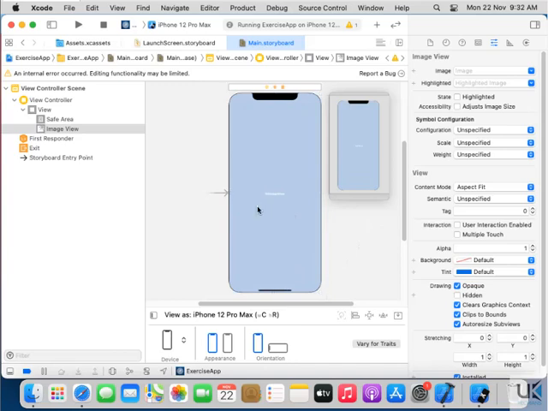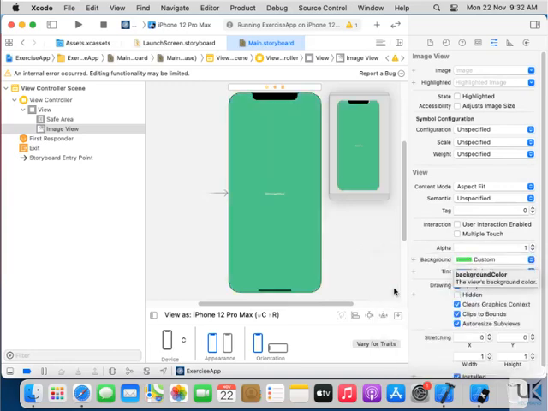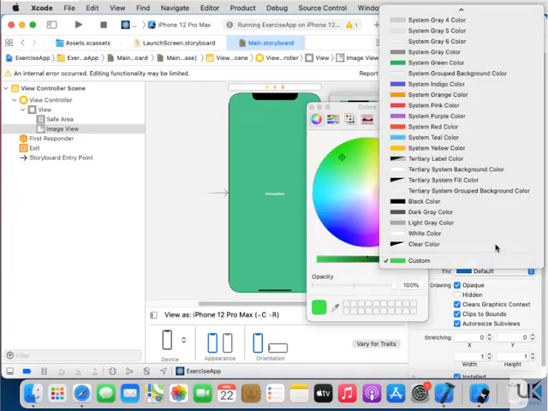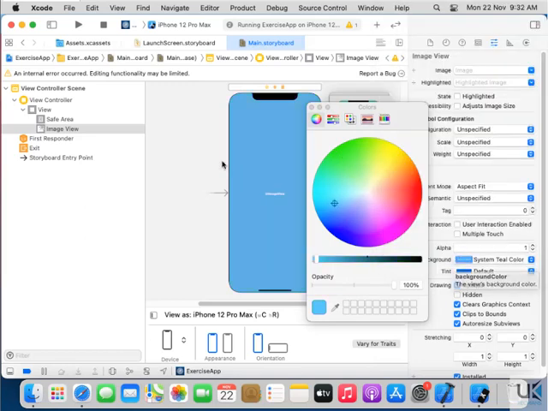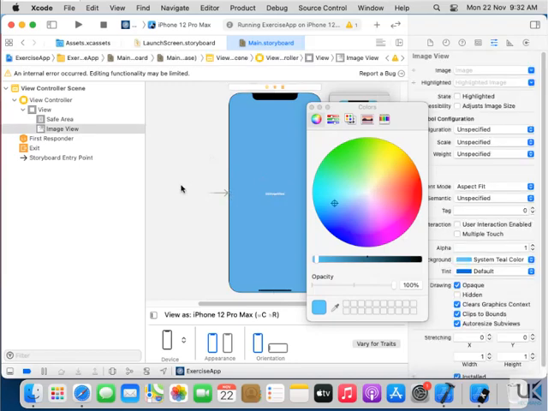And now if we don't want to add any image, you can change the background color of your screen. So what you can do is you can add the background color like this. Let's choose another bluish color. Select this, this is good. Now the next step is to add